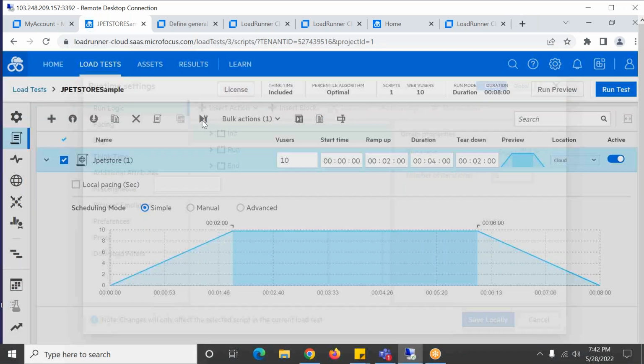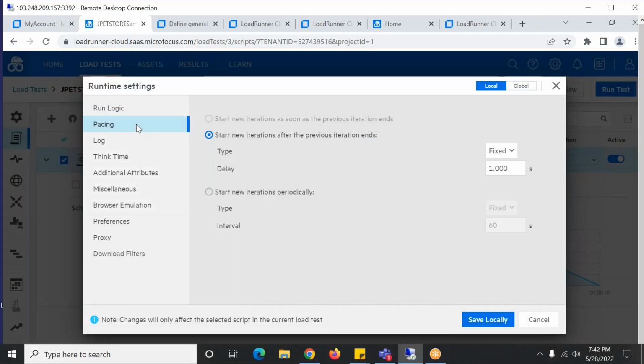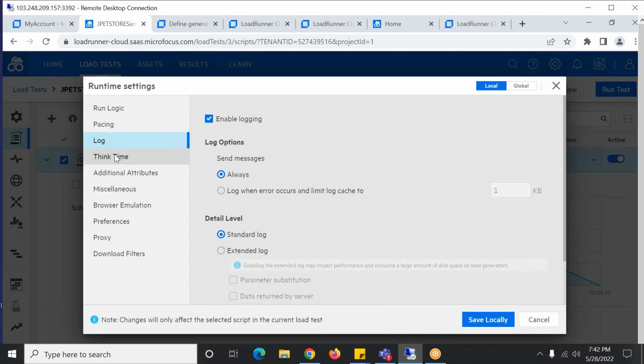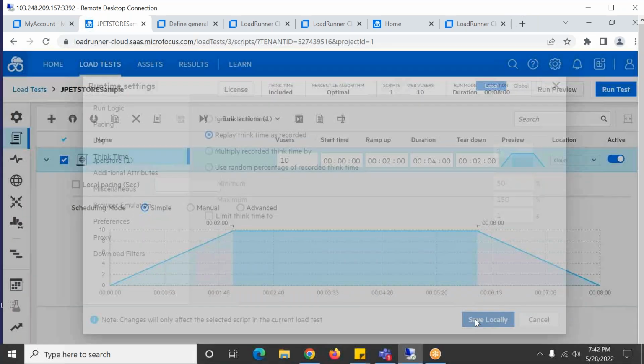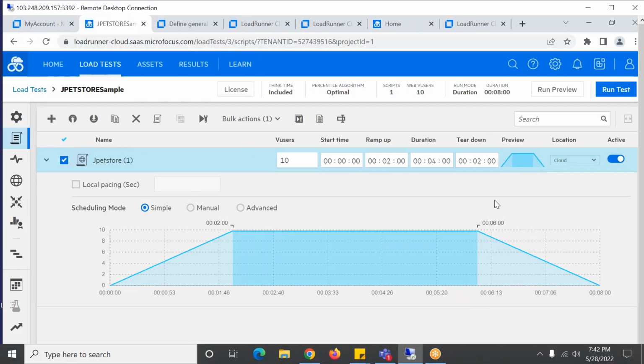This is runtime settings. Pacing is 1 second. I'll give 30 seconds. We'll run the test and see how it works. Any doubts until then?